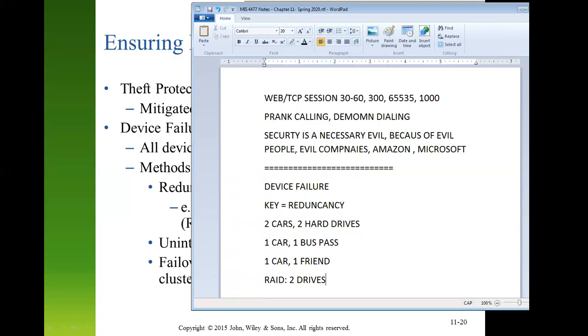So 1 will fail. You have a limited amount of time, of course, to replace that failed one before the second one fails. You replace the failed one with a new one. The old one that was still working will begin copying itself over to the new one. Sometimes it takes a few minutes, sometimes a few hours, to do what's called recopying or resilvering itself,